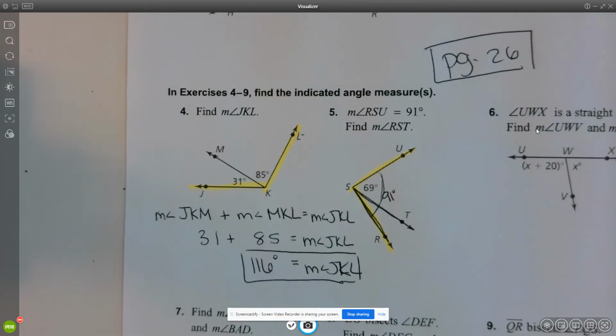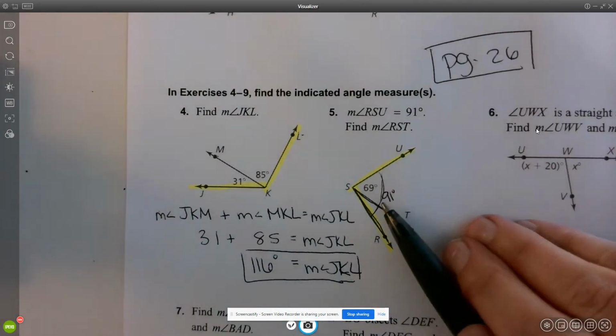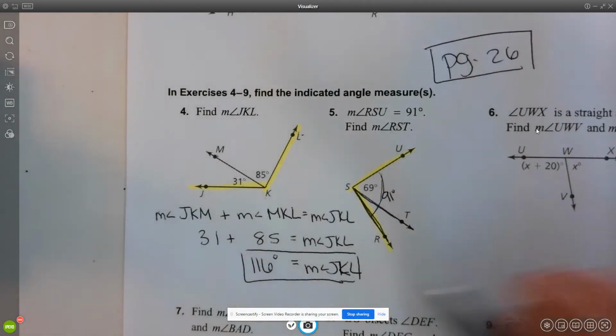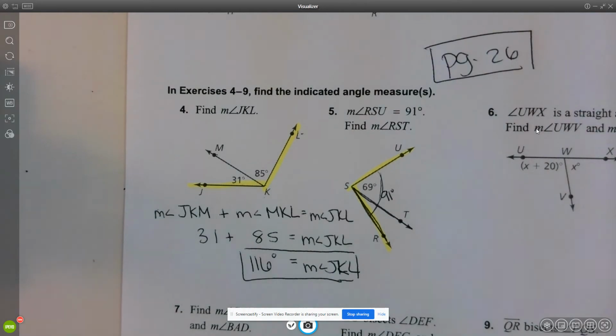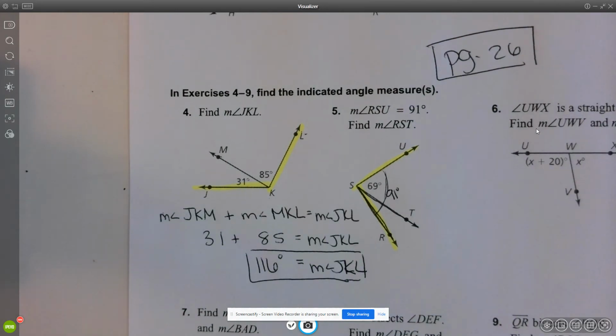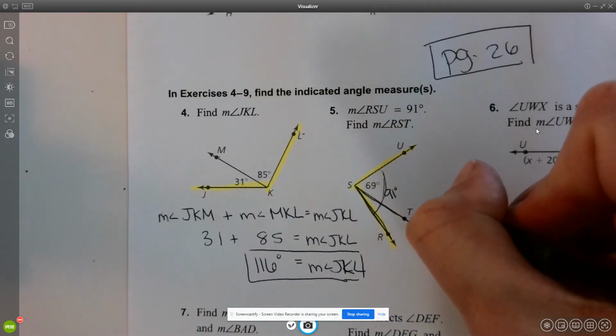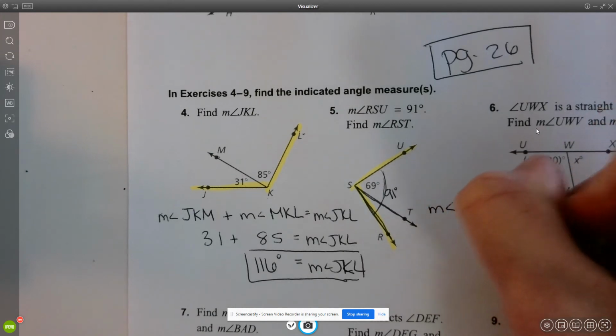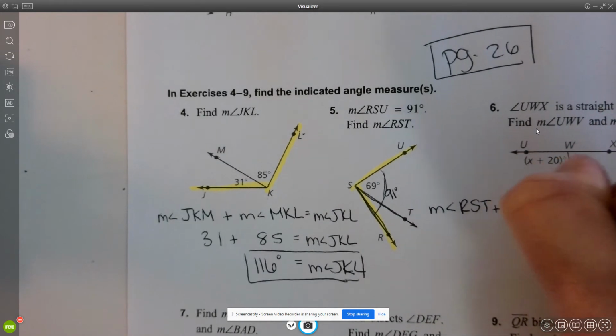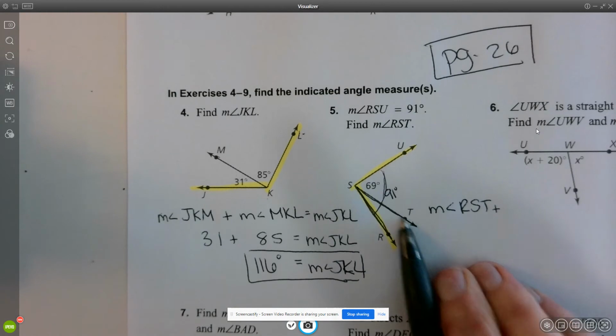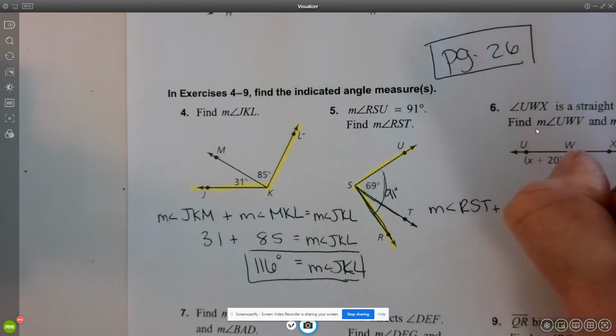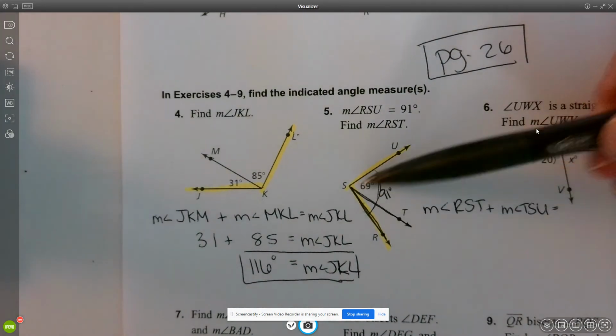So again, I can use the angle addition postulate. I know the two smaller angles must add up to equal the larger angle. So I know the measure of angle RST must add with the measure of angle TSU to equal the measure of the larger angle,